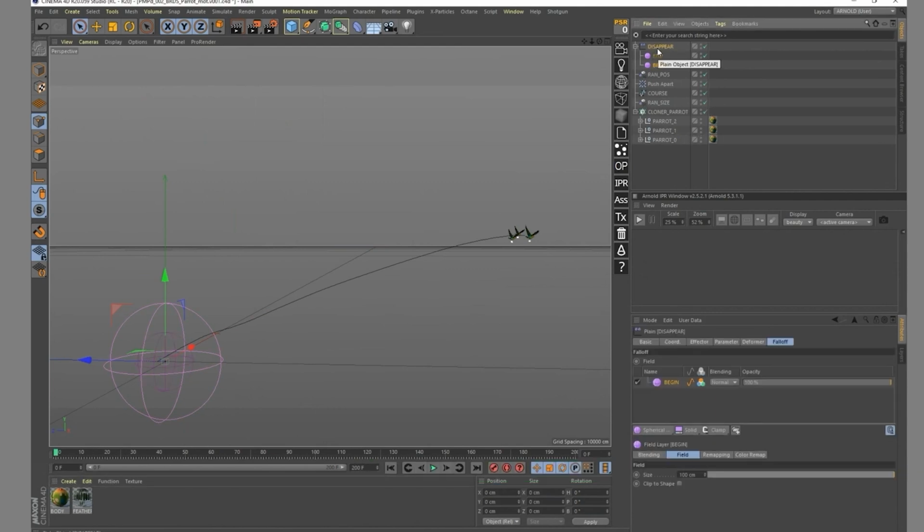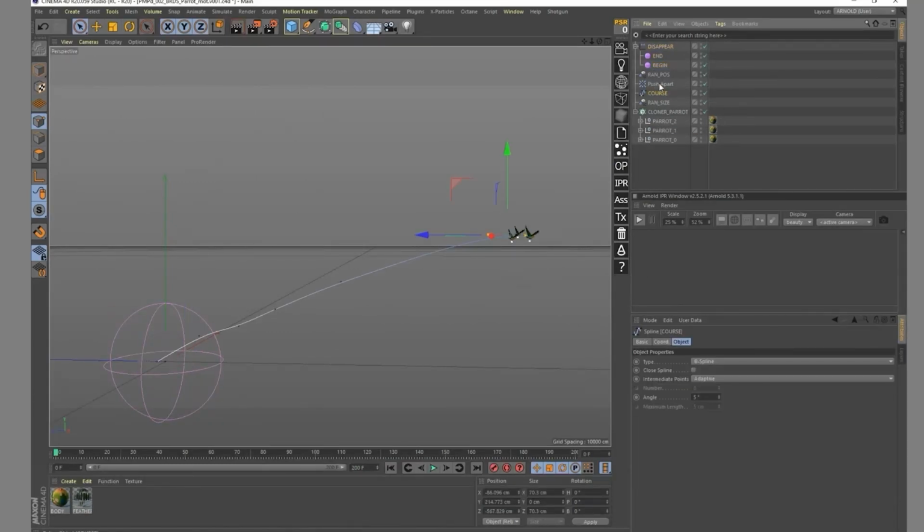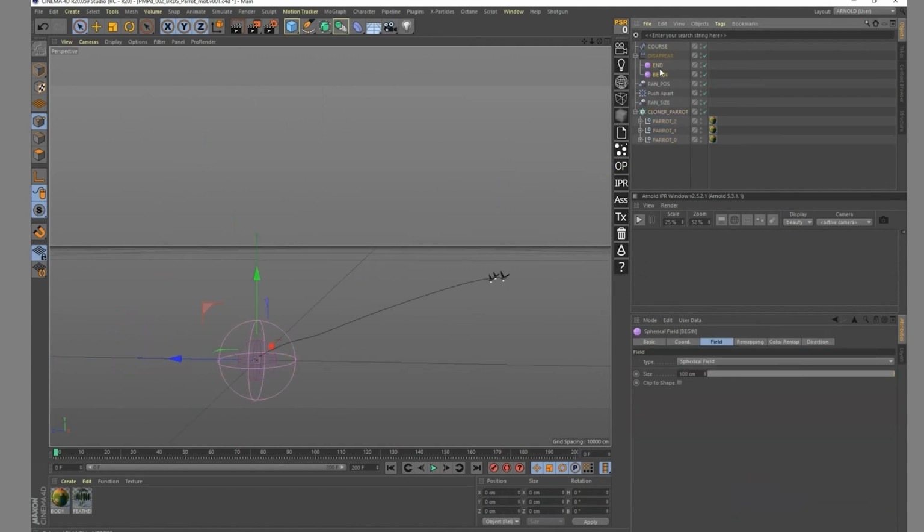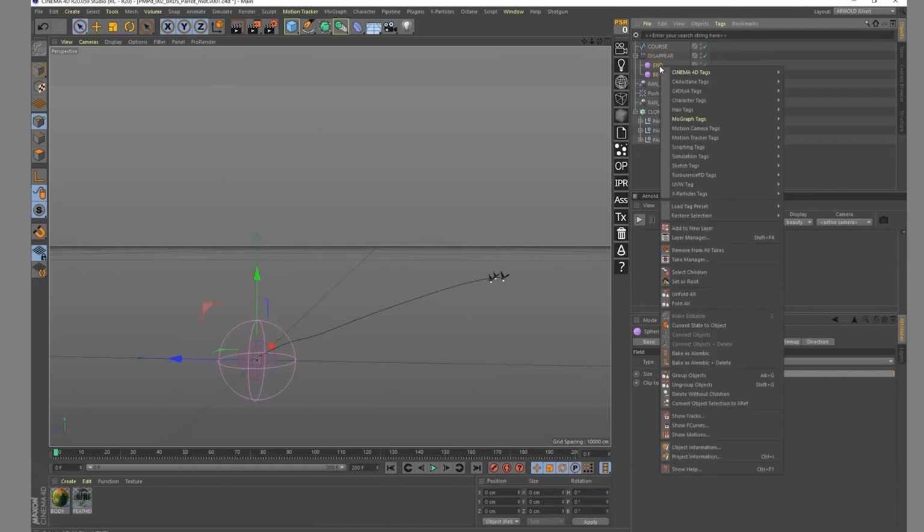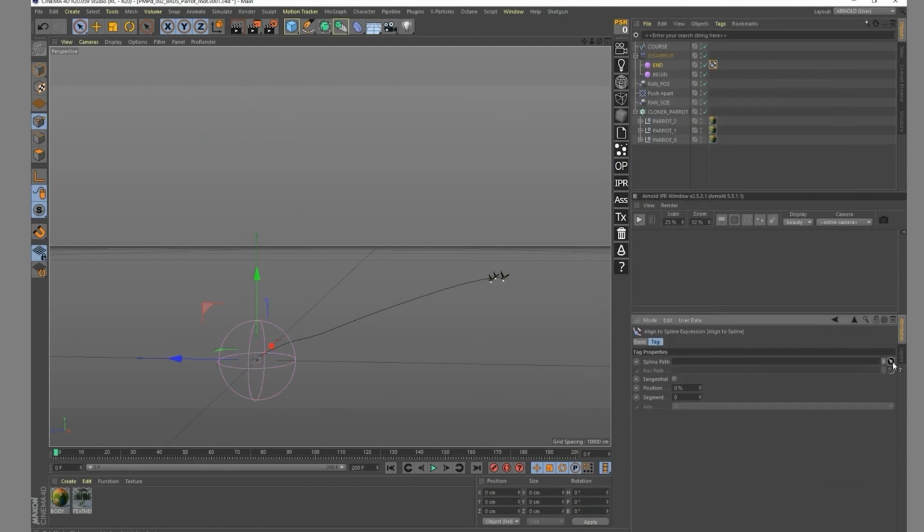And what I want that to be able to do is just to follow the spline that they did. So right now, what I did is that I made that spline. So what I can do is using the end and the beginning of my spline as a reference point. So I can add a line to spline. This one is going to be with the course, and it's going to have a 0% because it's the beginning. And I'm going to duplicate that, and this time put that at 100%, and it's going to be the end.